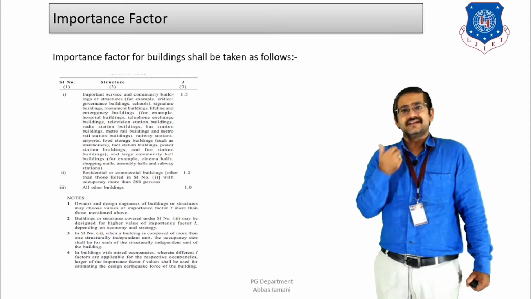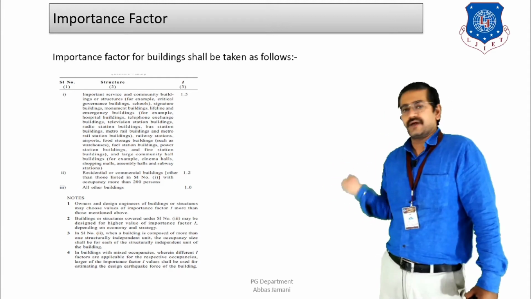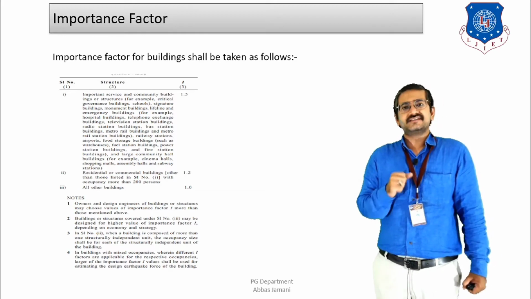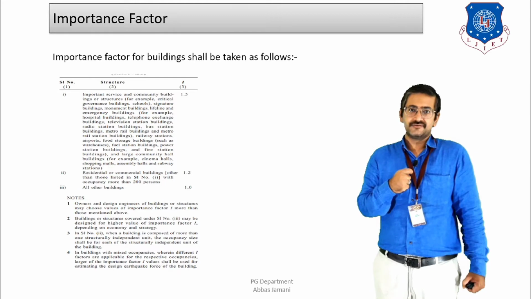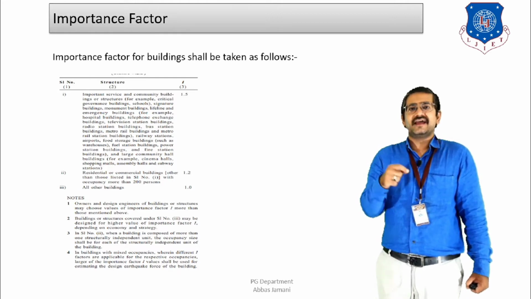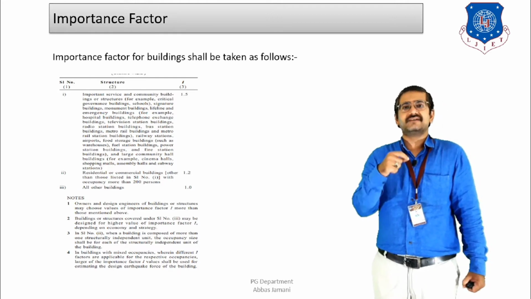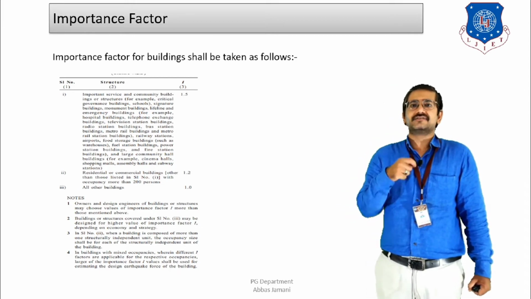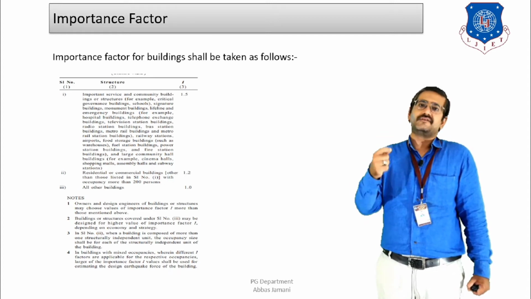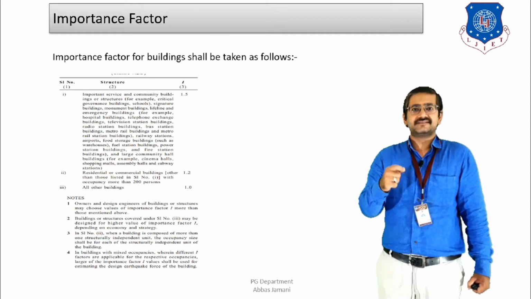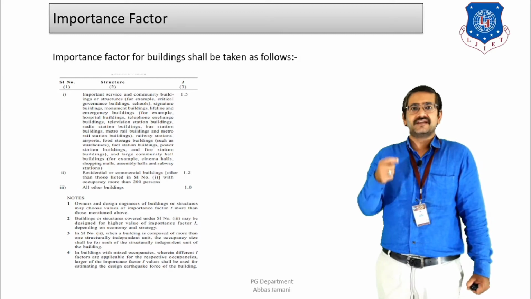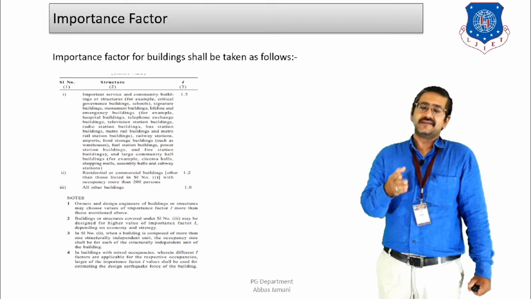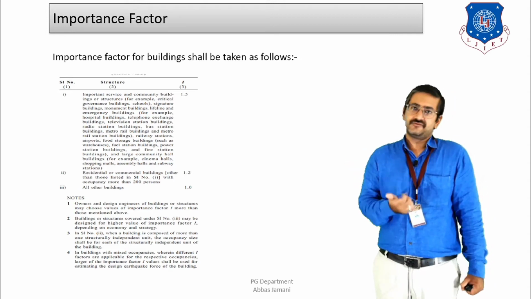Now, at the same time, a couple of special notes are also mentioned below the table. What is being said in these notes? The note is telling that this is just a guideline that we are giving you, but as a structural engineer or as a client, it is your choice. If you take a value higher than 1.5, then it is okay, right? Because if you want your structure to be able to resist earthquakes for a large amount of time, or even in the worst cases, and if the economics permits and you are capable of spending that amount of money, then the code says that taking a value higher than 1.5 is also okay.